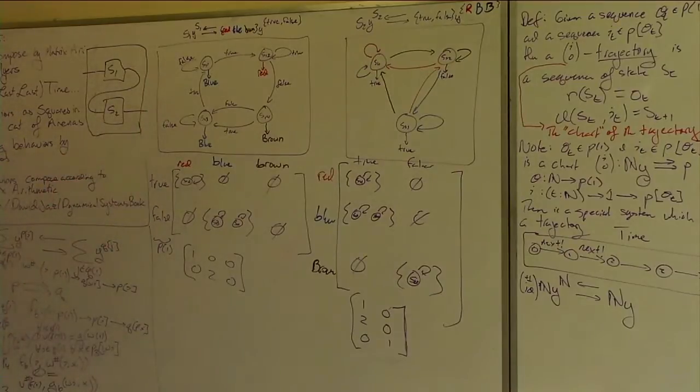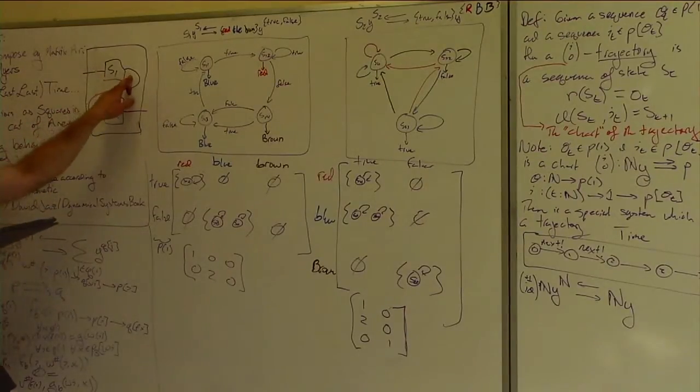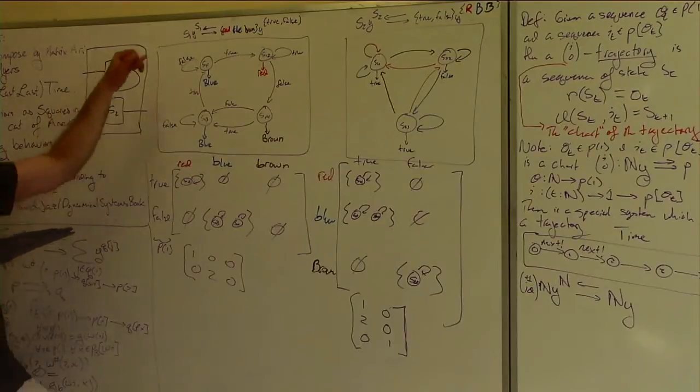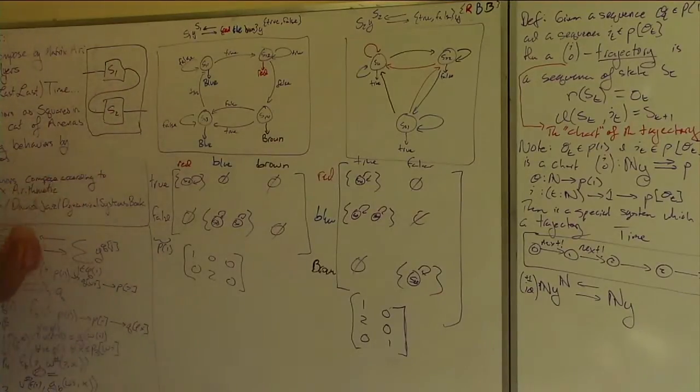Like that. Wire them directly in. So you can see S1 takes in true and false and outputs red, blue, and brown. And S2 takes in red, blue, and brown and then outputs true and false. Okay, so if we have